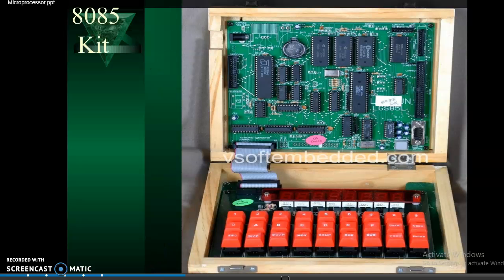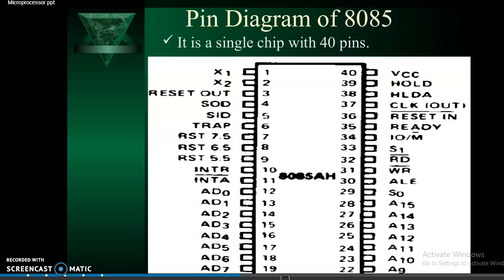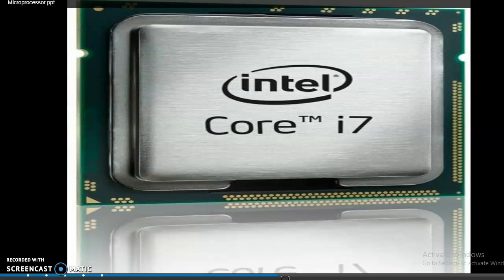This is the structure of the ICs in your microprocessor, in your CPUs. This is an example of how the ICs are arranged in the CPUs. Intel Core i7,